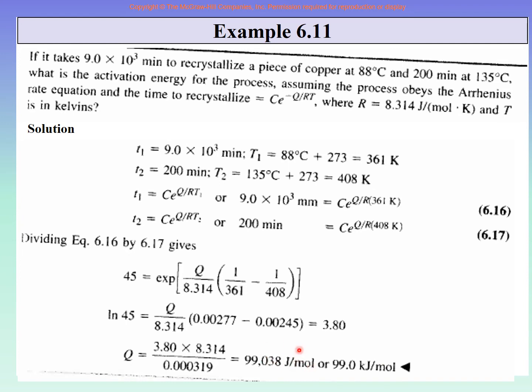The unit you have to understand carefully, that you write all the values, and because it is energy per mole, so this will be joule per mole. This you have to, because of this R. The R was joule per mole per Kelvin, right? So therefore, because of that, the answer is in joule per mole. So we are just showing you this.